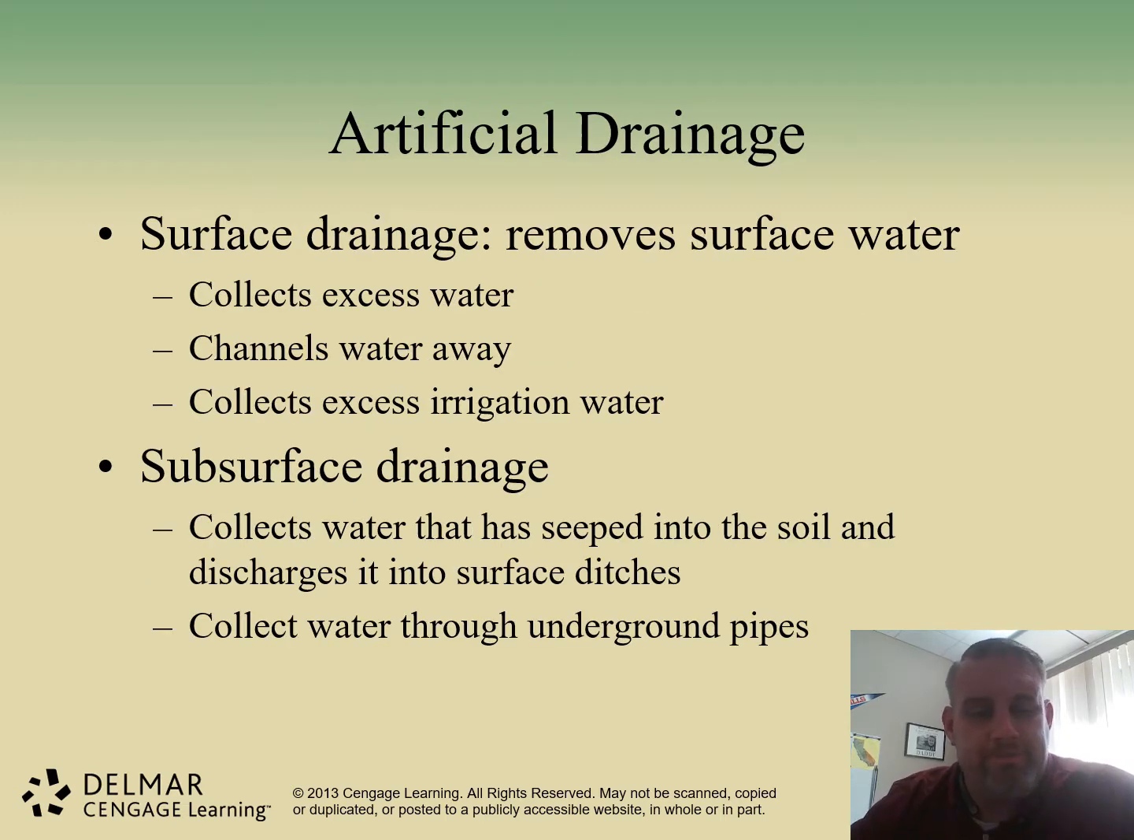So there are things that can be done to utilize these wet soils, and that would be artificial drainage. So there are two main types. That's going to be your surface drainage, and that's going to be removing excess surface water. It's going to be canals or channels that direct water away from where you are trying to farm or work the land. The second would be subsurface drainage, and this is going to be